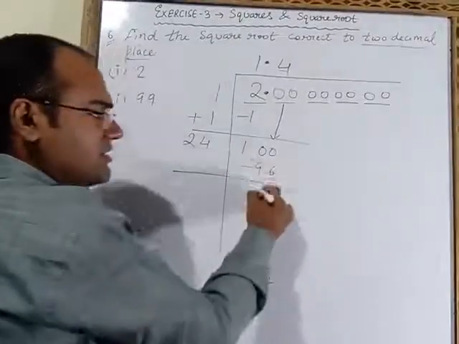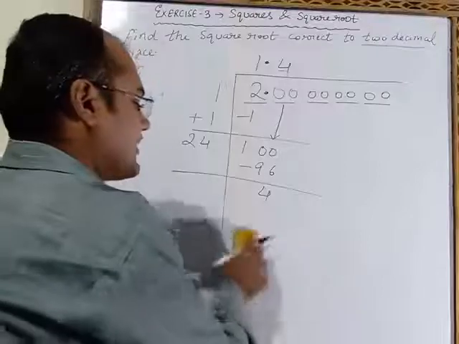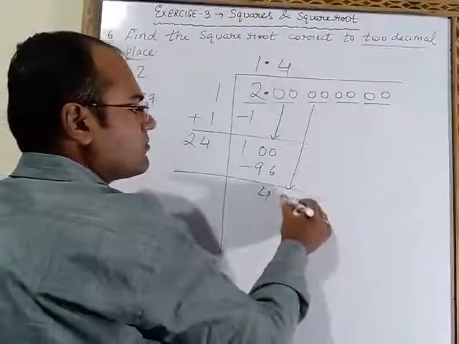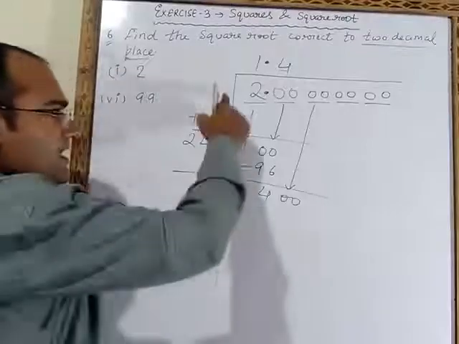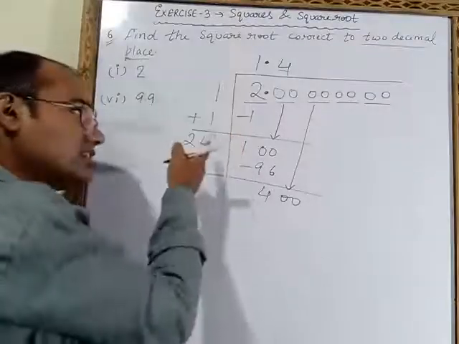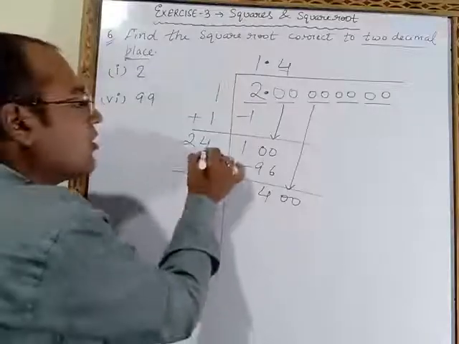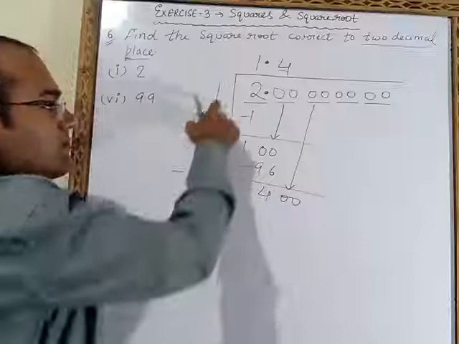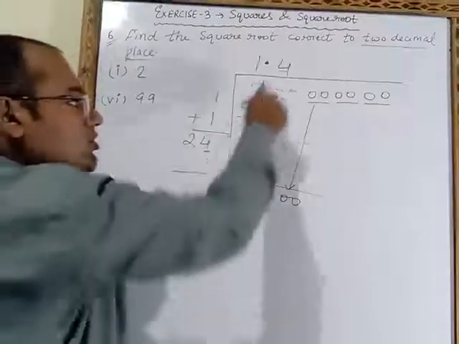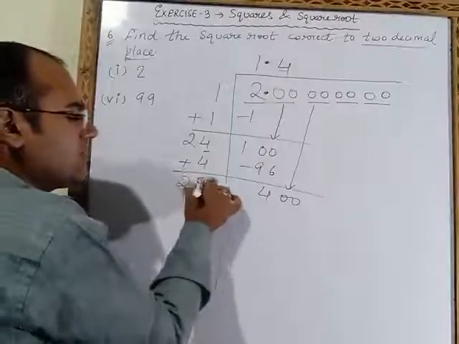Now we will subtract these two. On subtracting, remainder will be 4. Now next step is these two 0 we will bring down. Now as I had written here 1, this one I had added also. So in the same way we will do here also. But which number I had written here? Only 4 I had written. 1 plus 1 is 2. But this 4 I had written here also and there also. So this 4 I have to add. 24 plus 4 will be 28.